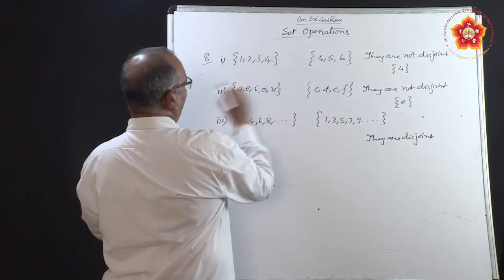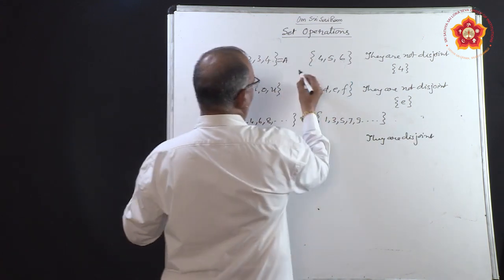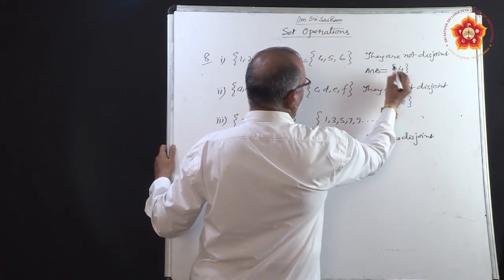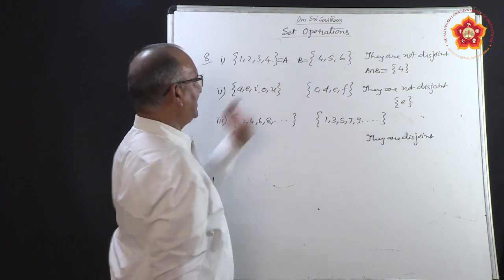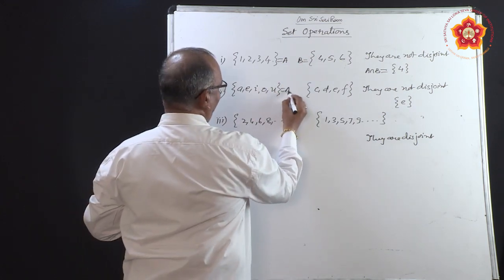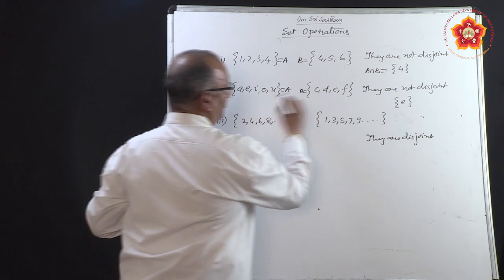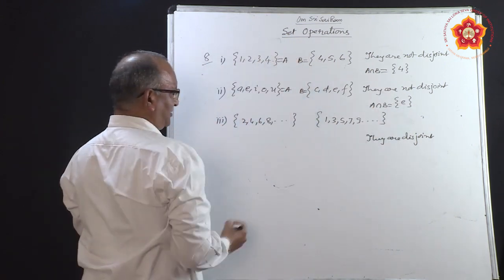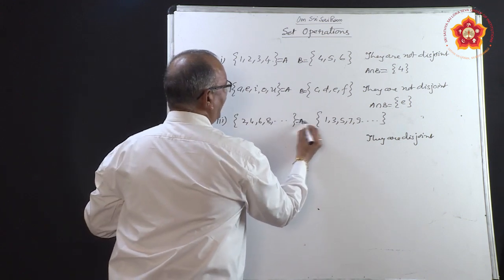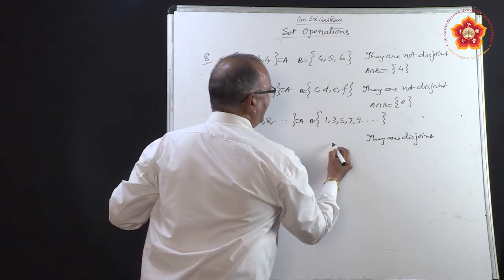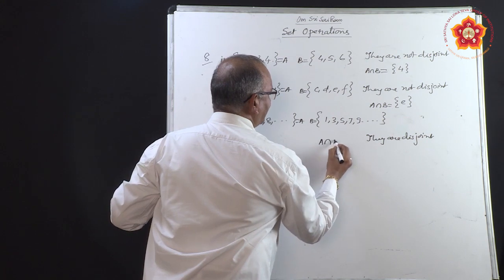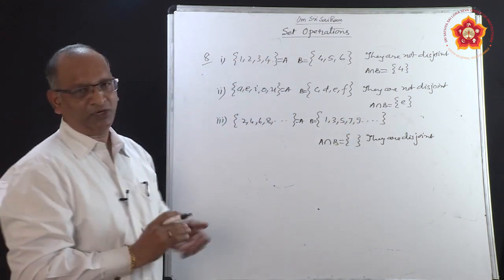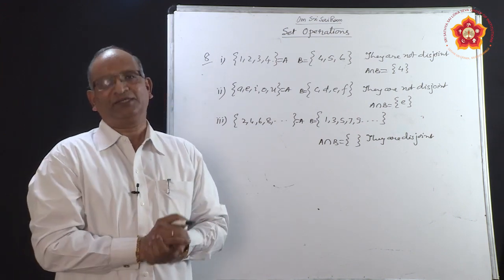Suppose we keep naming, let us say this we are calling A, this we are calling B. So we say A intersection B is a singleton set, so it is not disjoint. Suppose this first set you call A, this you call the second set B, we say A intersection B is a singleton set. So it is not disjoint. Suppose this set we are calling A, this we are calling B, we say that A intersection B is a null set, nothing common. So they are disjoint. So this is about disjoint sets.